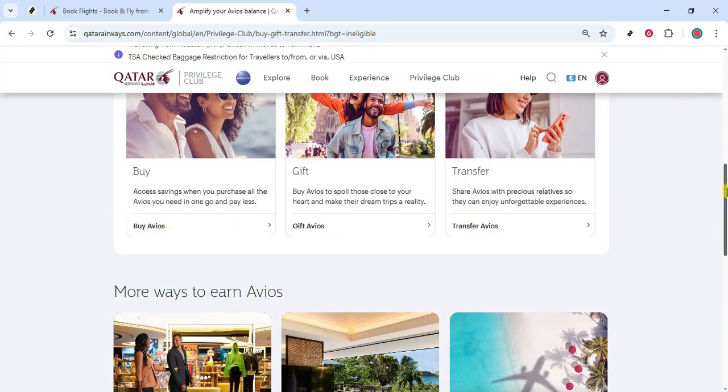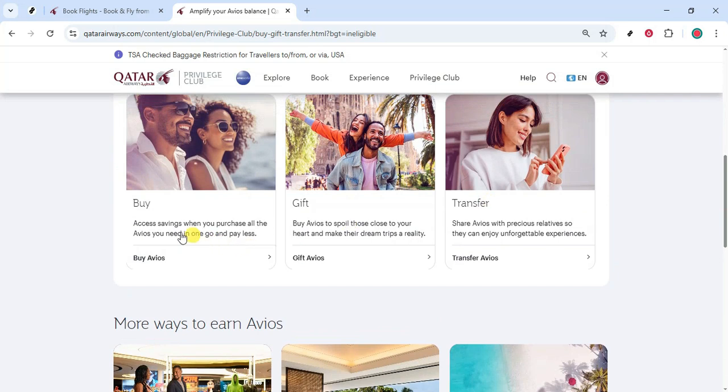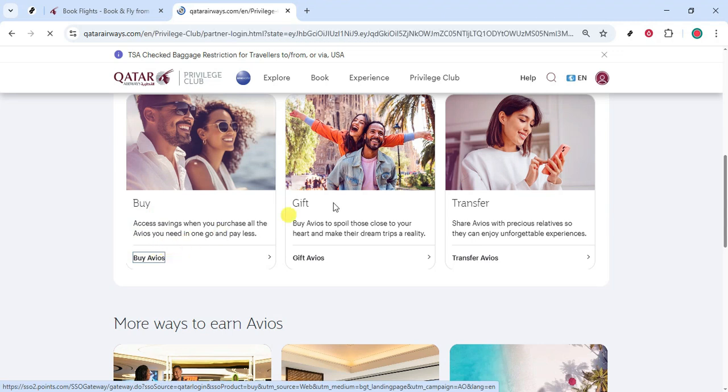Now click Buy Avios. This takes you to the dedicated purchase area. Here, you'll typically see a simple selector that shows how many Avios you can buy and the corresponding price, often with the currency set to your region. You'll also see any current promotions highlighted on the page, such as bonus Avios offers or discounts, which can make